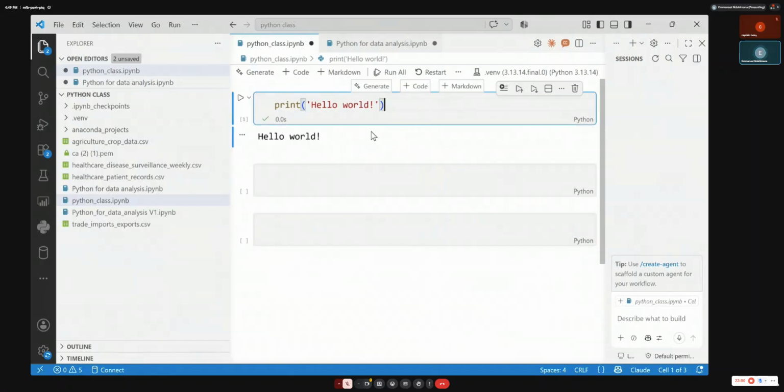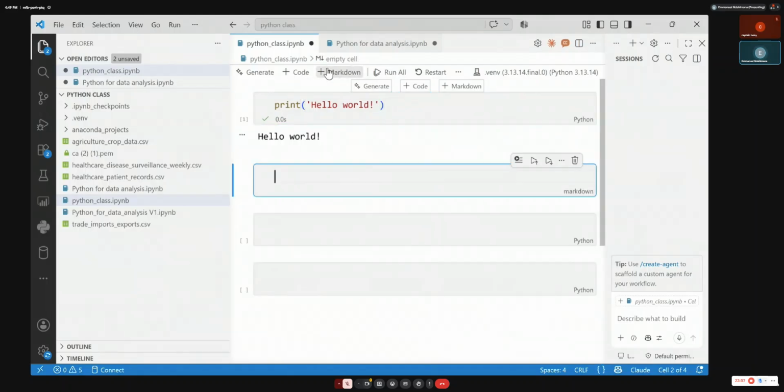Something that you should also know is that the cells do not always need to be code. You can also have a markdown cell. A markdown cell is a cell where you can type something like a title or a paragraph. Let's say you are going to code something related to mathematical operations or statistics. You can write a paragraph on top saying that the section below is going to be part of statistics and mathematics. When you use markdown, it is like text, like typing a Word paragraph.